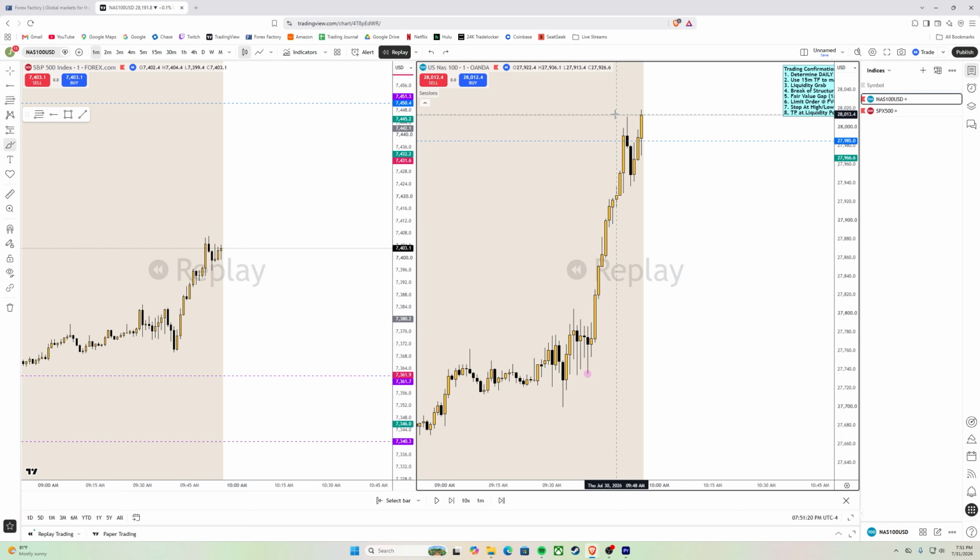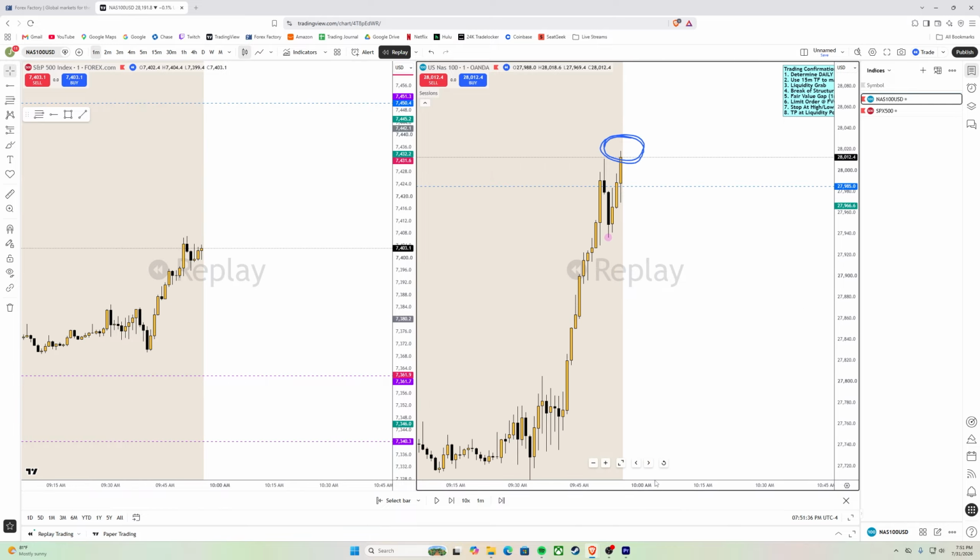Now, of course, price went up, right? And price made this new high. So prior to this new high that was formed, where's the most recent swing low? Obviously, you have it right here, right? So I can now push this right here, right? And you just want to stalk price, right?